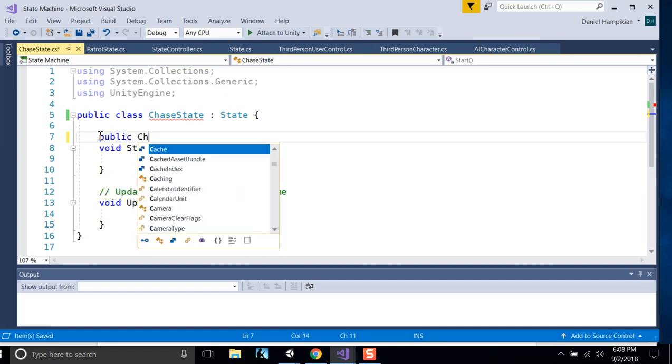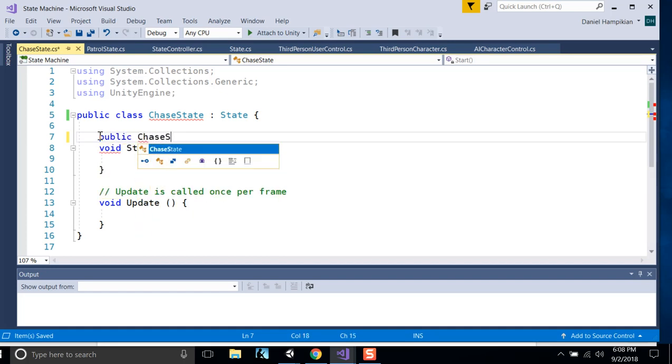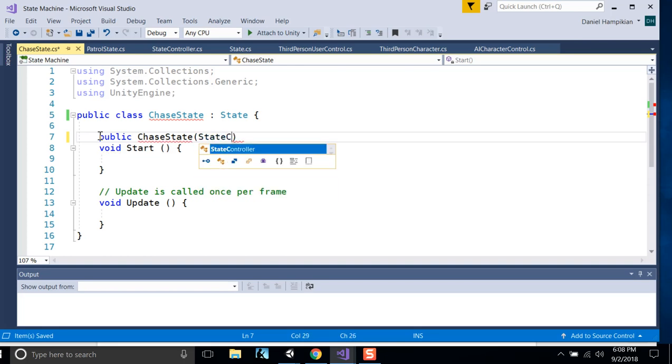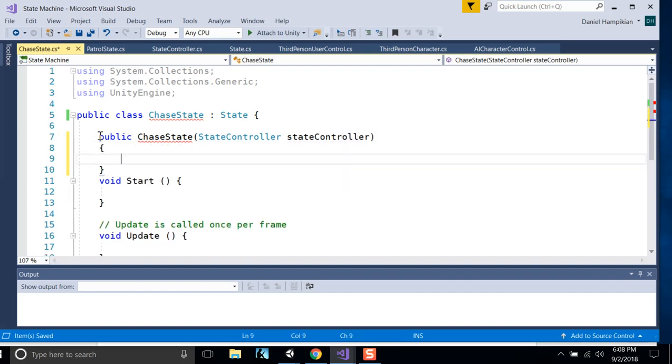All right, I want to do public chase state controller state controller. Just to show you a different way of doing this that's a little less confusing, we can say